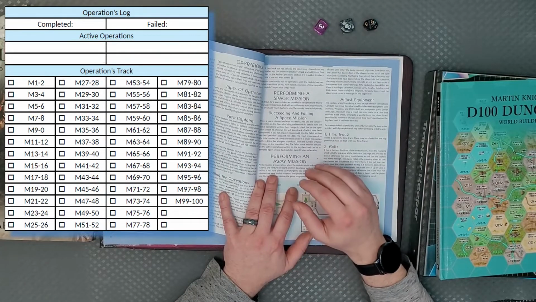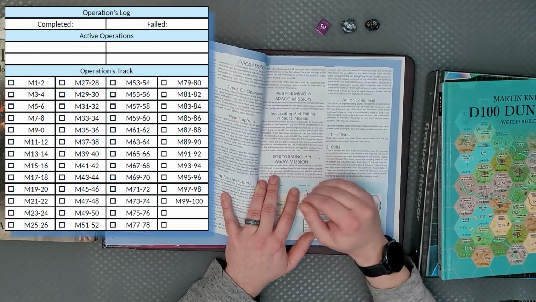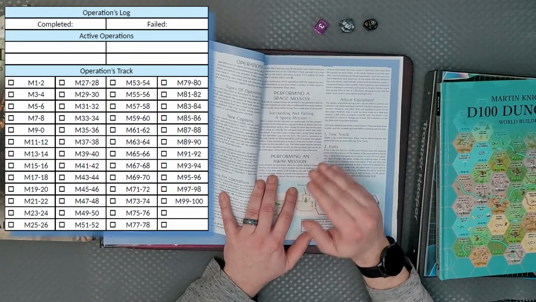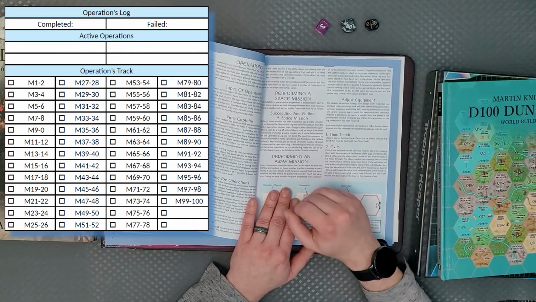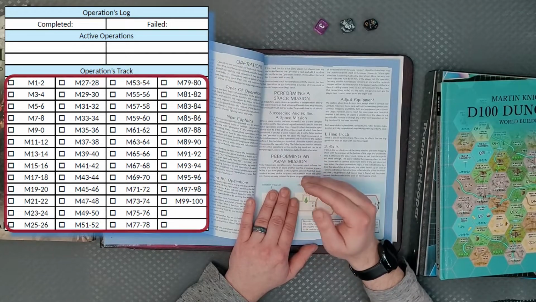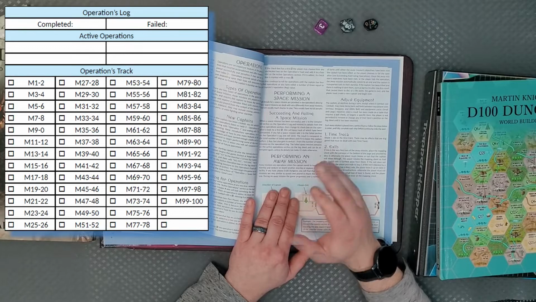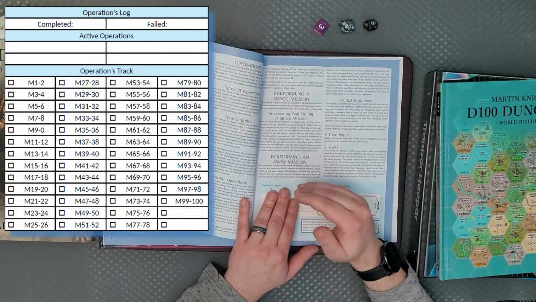When rolling for operations, if you skip the training operations or have finished the training missions, you can roll a number of times on the operations table equal to your captain's reputation value. Operations can only be completed once, so you cannot keep rolling and completing the same missions. You may want to be careful about which operations you choose to take on from those that you have available